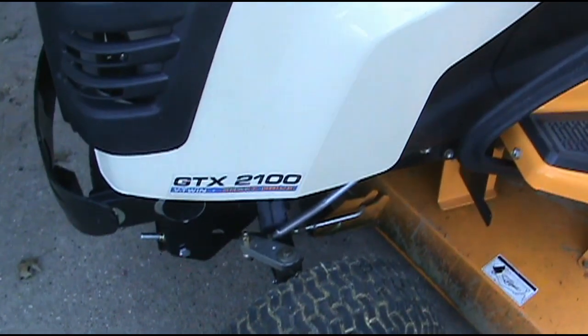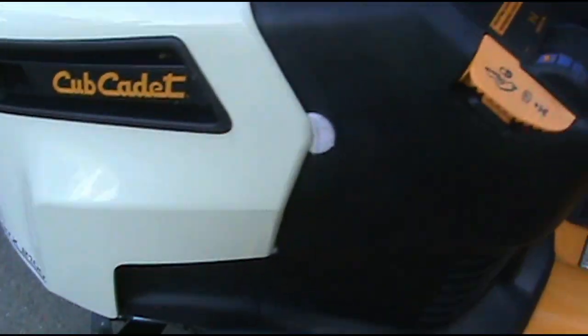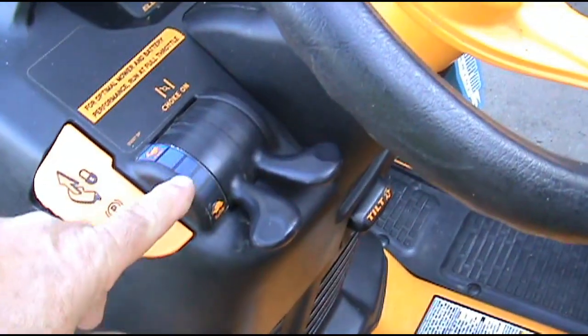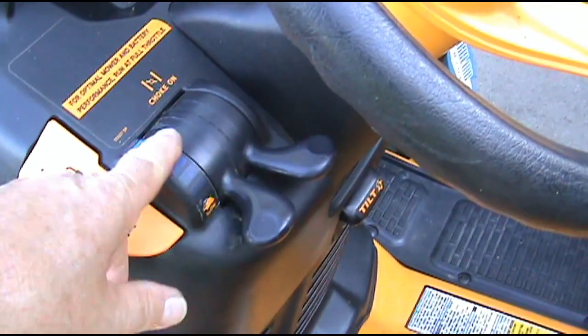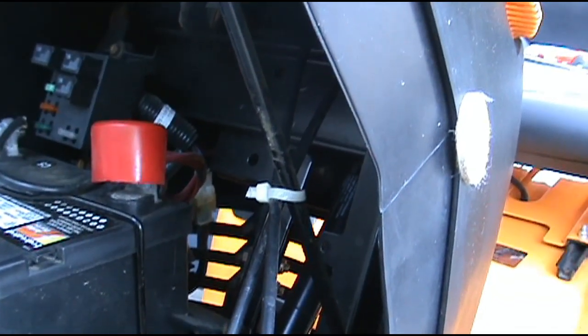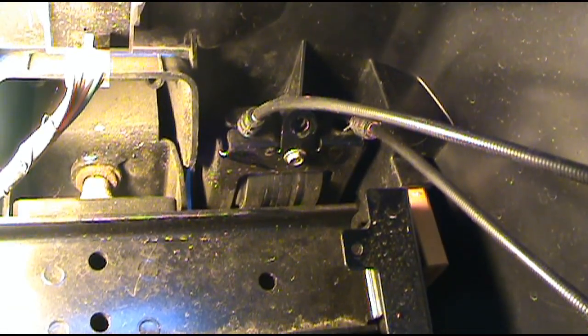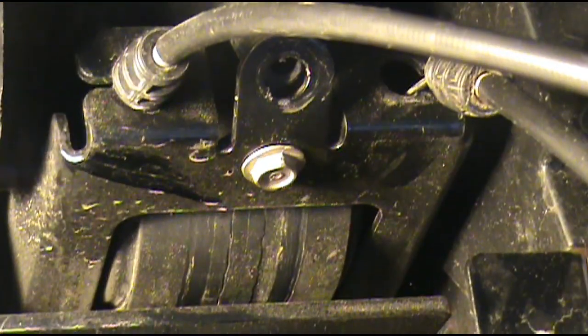Cub Cadet GTX 2100. I've got to take and run a throttle cable up to here because this one here is broke. Go ahead and cut your tie down out of the way. As you can see, there's our throttle cable and our choke cable, and you can see I've already removed one